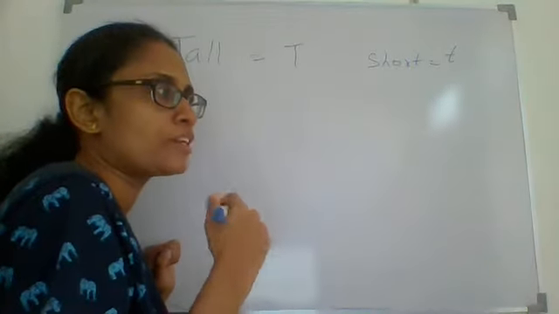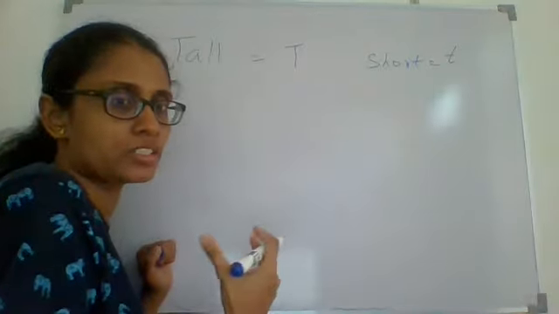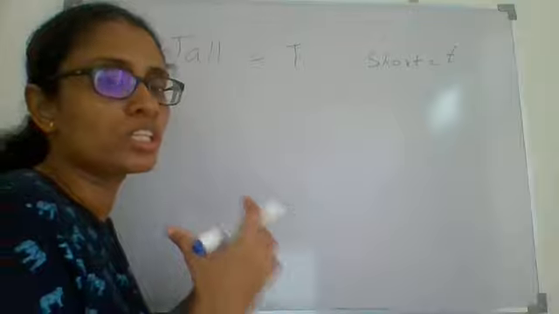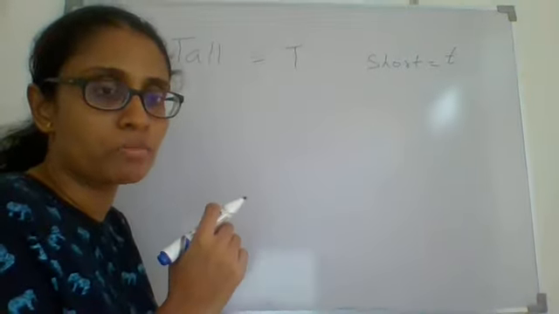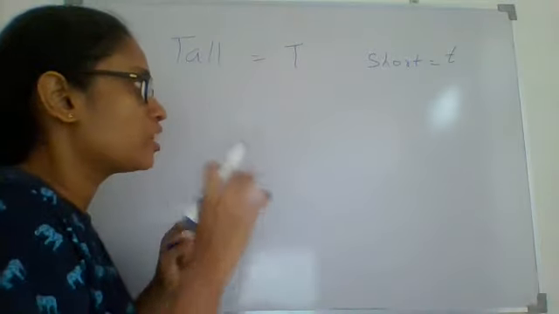So once he got tall plants, that means when you do the cross pollination, he has to get a tall plant and a short plant. So for that, pure breeding tall, that means